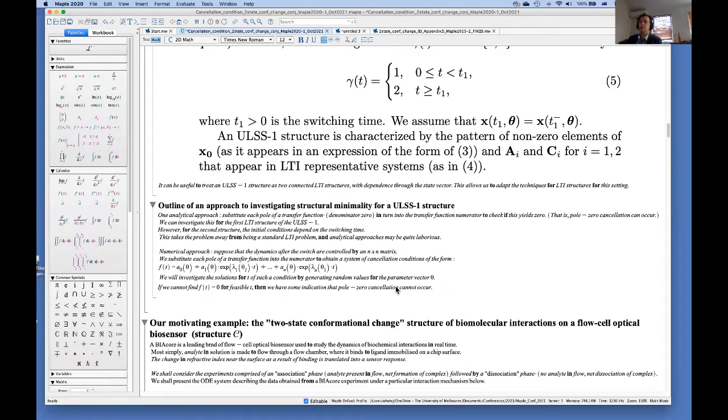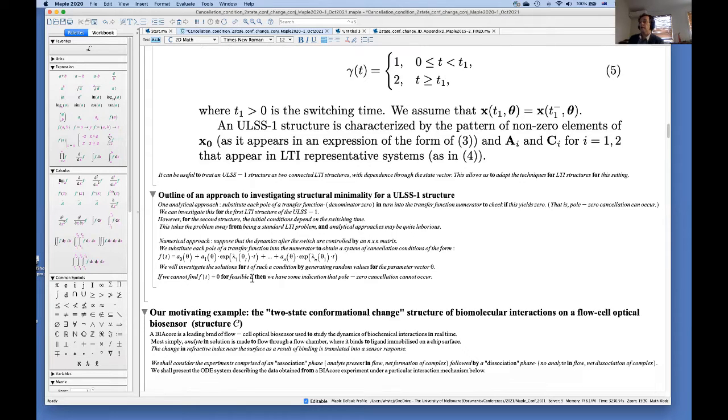So we now have a very different type of rational function, in that it has time-dependent coefficients. But if we just look at the numerator, we can write it as a sum of exponentials in the setting that we're looking in. Then the problem is trying to recycle as much as possible from the linear time invariant setting. Can we get the poles of the rational function, the transfer function, and substitute them in? And can we say something about whether this condition is satisfied or not? So we still have the same objective, but we have to go about it in a different way.